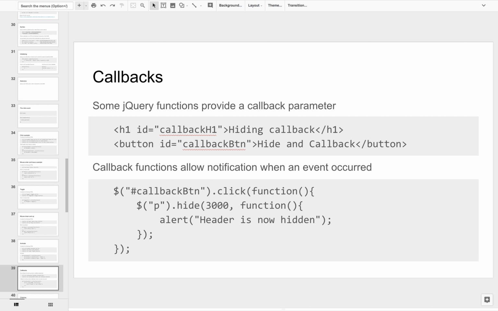Animate callbacks. All right, so JavaScript is big on callbacks, right? And next week, or the following, when we start talking to the server, callbacks are going to be of huge importance. Basically, it allows you to register a function that at some point will be called in the future, right?